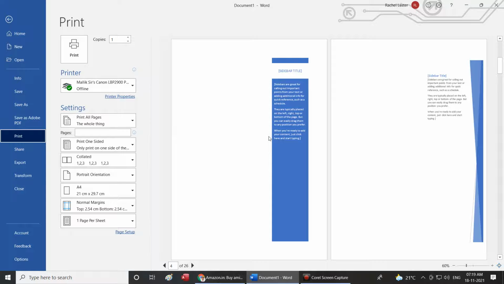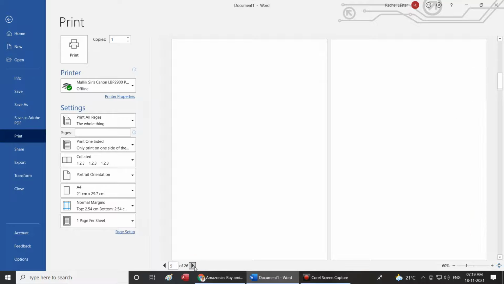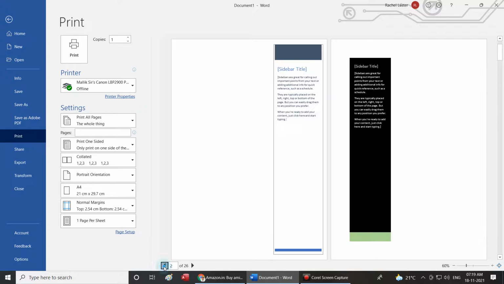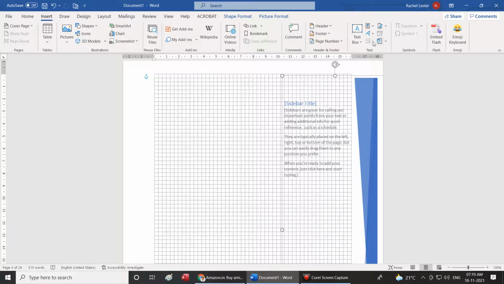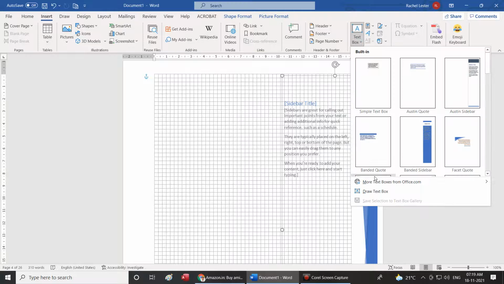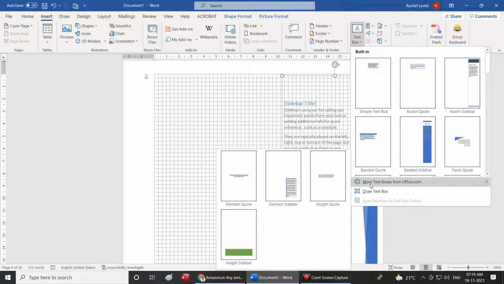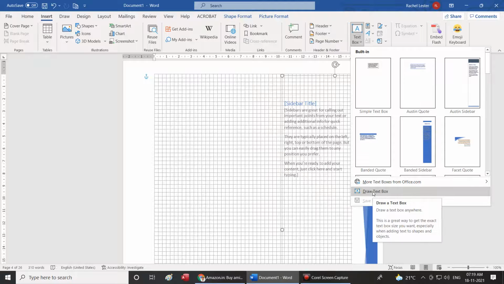It looks neat. So please always try to use the text boxes to create the beautiful text. So when I open your assignment tomorrow, I should find 35 different creations. Now we will go to the next option. We'll go to insert, we'll go to text box. If I want to download more text boxes, here is an option, more text boxes from office.com, which I could use this. Or sometime when you want to draw a very simple text box, you can make use of it.